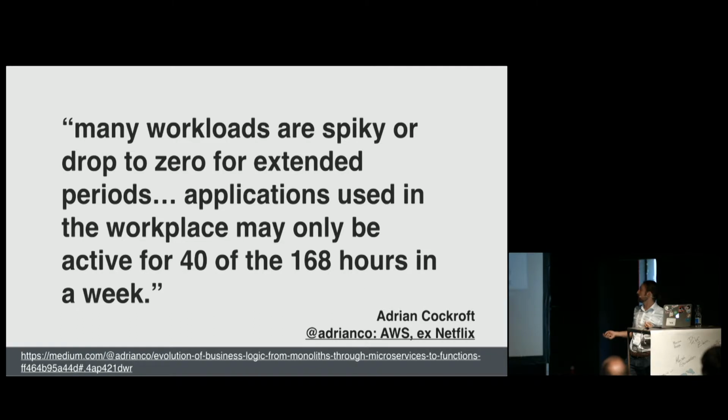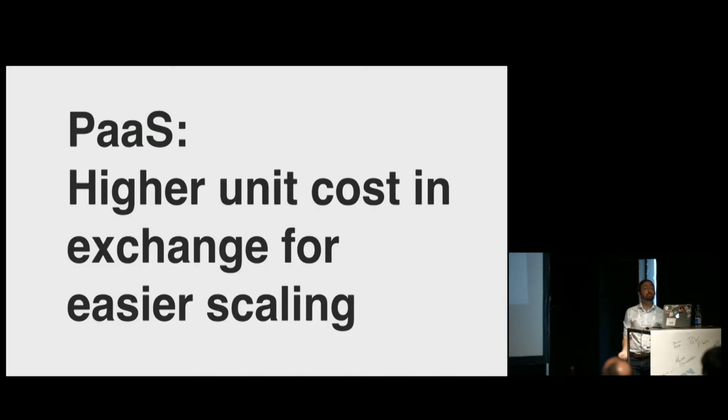Adrian Cockcroft, who's now cloud supremo at AWS and one of the key people behind Netflix's move to the cloud, is basically saying, look, we've got nearly 170 hours in a week, and people are only using it for about 25, 30%. So the rest of the time, we're essentially burning money and burning CO2. For a long time, that's been considered okay, because provisioning servers has been slow and a hassle, and it's usually been cheaper just to leave the lights on rather than think about scaling things up and down. But as we've started to use services more than servers, this has changed.